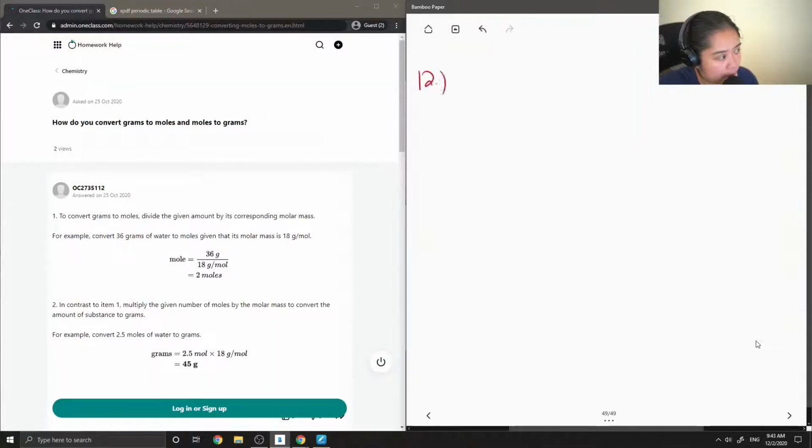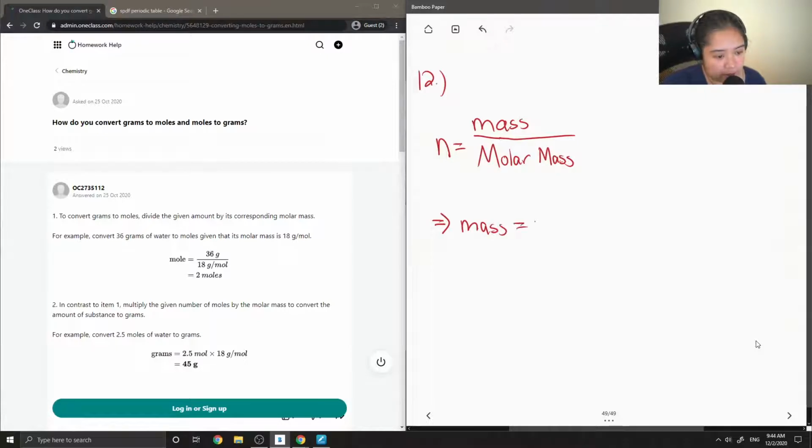Question 12. How do you convert grams to moles and moles to grams? So everyone's favorite formula, number of moles is equal to mass over molar mass. As long as we have the molar mass of a compound, we can find the number of moles if we are given mass. Similarly, if we want to find the mass and we are given number of moles, we just need to rearrange the equation